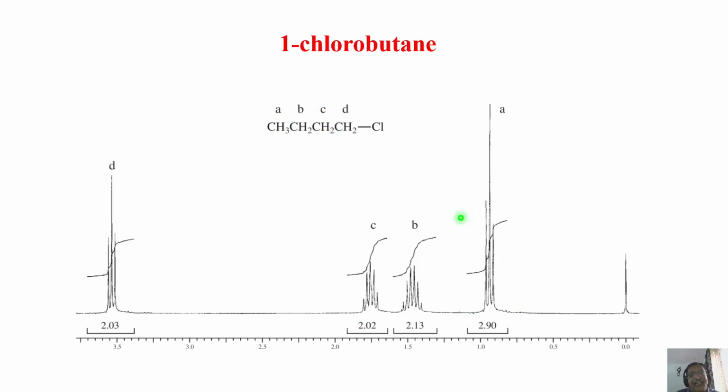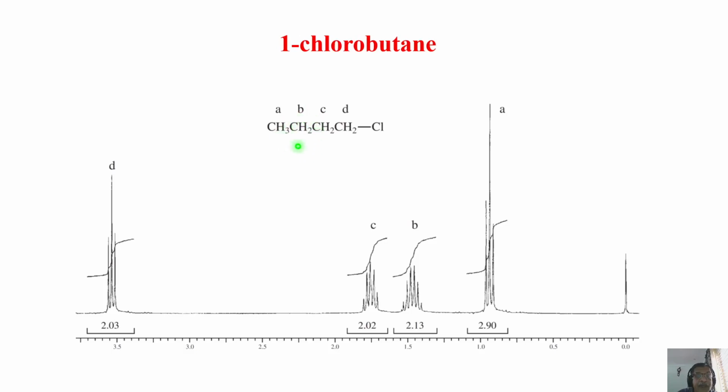This is slightly tricky. Please understand. I don't have to explain; looking at the pattern, you should say which is B and which is C. Both are 2 intensity, right? Both are 2 intensity. If I don't tell you which is B and C, look at the multiplicity pattern, you can say. You know why? Look at this proton B.